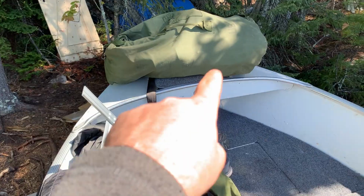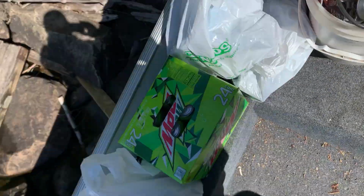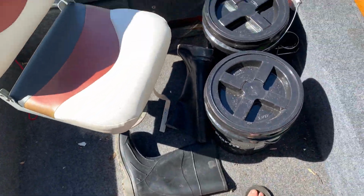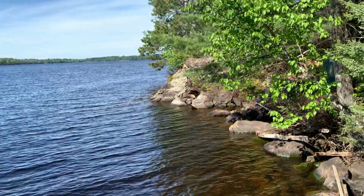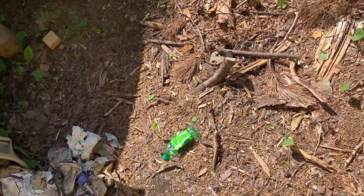Here's my stuff for the week. That's my food bag. That's my clothes, tools, and screws. So, my mucks and my water. And what's most interesting is